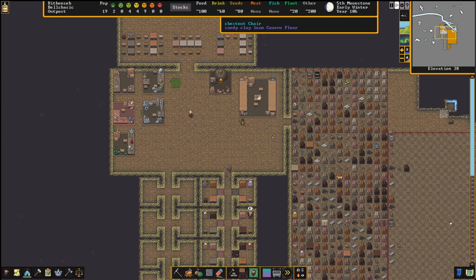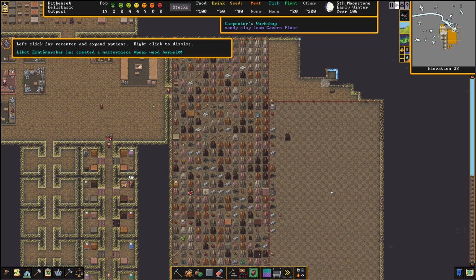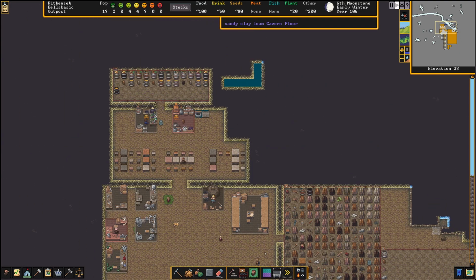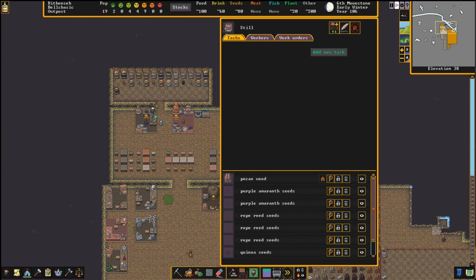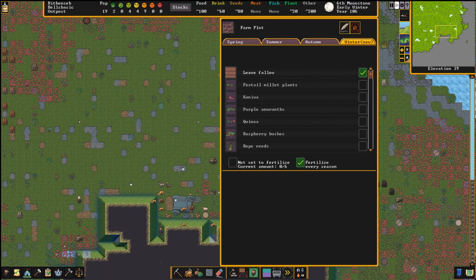Yeah, these doors can be dumb sometimes. Sometimes they'll do the job, sometimes they won't. And sometimes that stupidity will lead them to ruin. Pearwood barrel. Okay, well we have a decent amount of food and stuff, but... Let's see... Raspberry bushes...